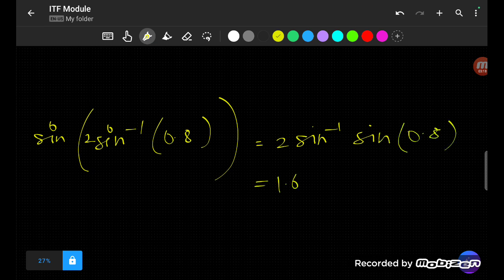This is directly 1.6 because it is inside the range. This is not in degrees. This makes it interesting. This 0.8 is given in radians, right? So the answer here should be